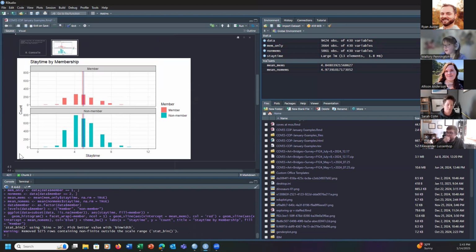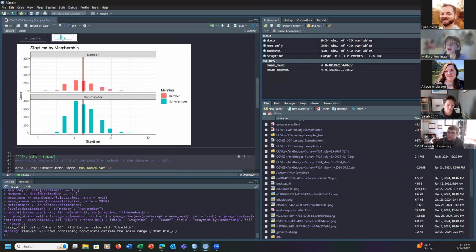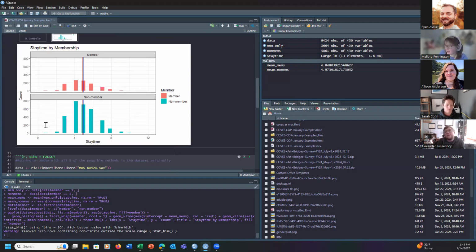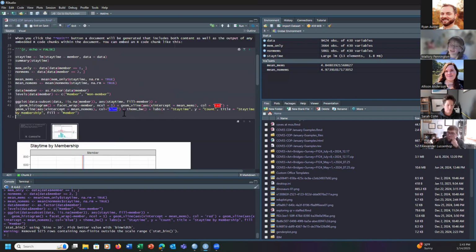So still increasing is longer, but you can see that non-members do tend to be in more of these longer buckets. So non-members are spending more time here. I don't know for sure why that is, but I can speculate, right? Like I mentioned earlier, maybe members come more often, so they spend less time here each time. So these kinds of pictures can help me get at that on top of just the statistical tests that I